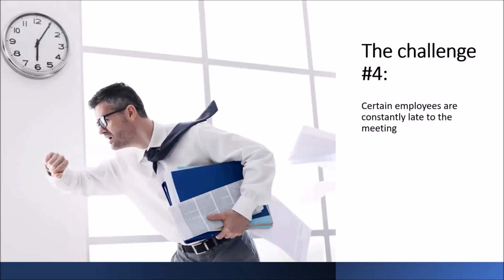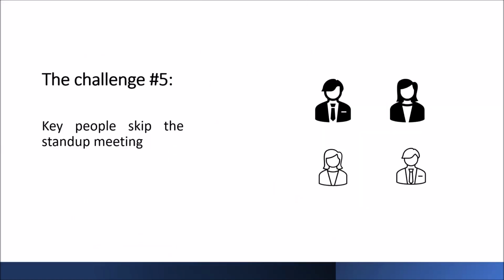The fourth one is there are certain people who are constantly late to the meeting. They're constantly late. They do not provide a sense of urgency. They do not start on time, or they do not estimate the real length of time that is required to reach the office. Okay. And then there are other problems, saying that the key people, to whom the people look up to, that can be the senior developers or the developers, towards whom the other members will be looking.